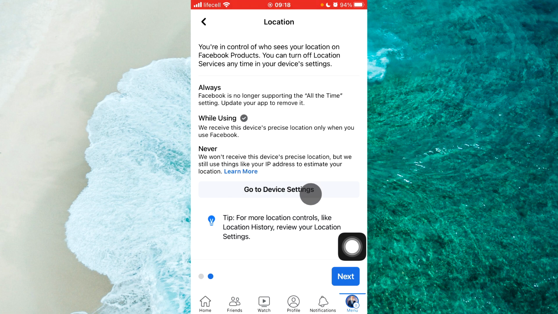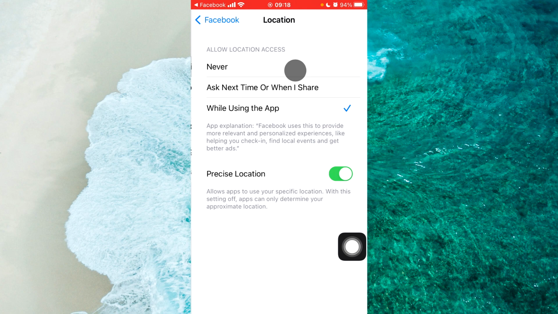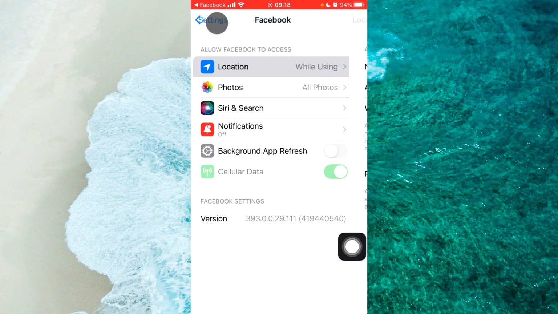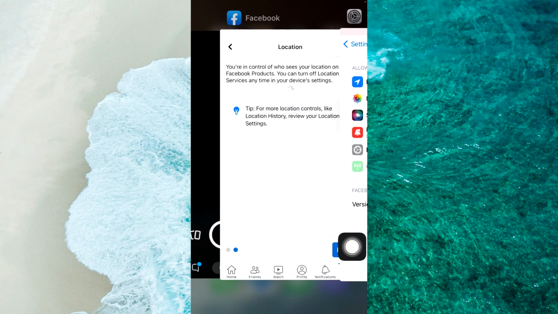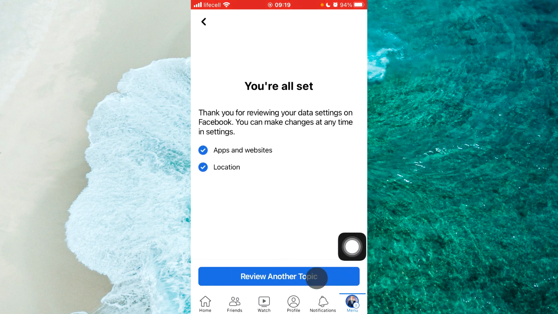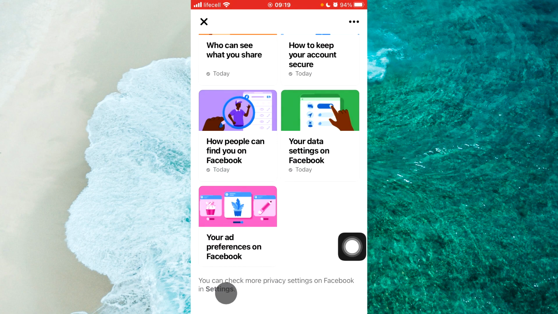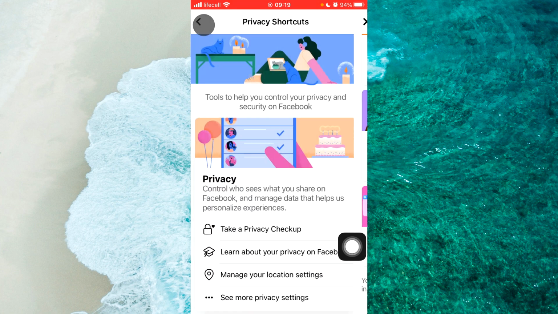Also you can change your location privacy. Simply go to device settings and enable or disable your location. As you can see in my specific case, select location while using. You can change it. Then go back to the Facebook app, tap on next at the bottom right and tap on review another topic. Alright, as you can see here it says you can check more privacy settings on Facebook in settings. So basically we should go back